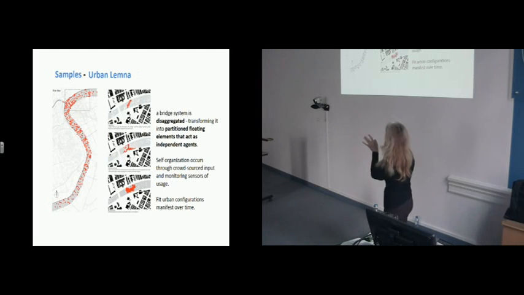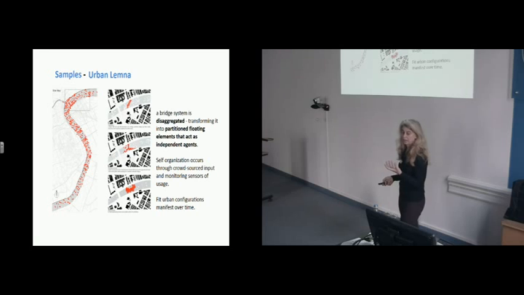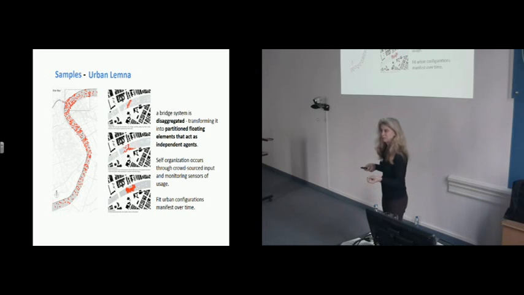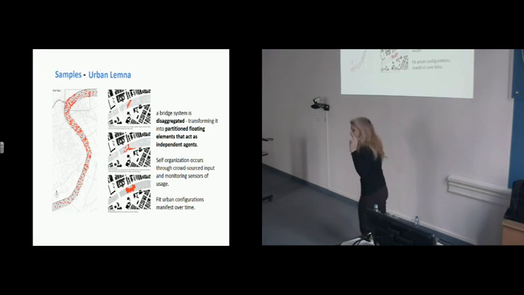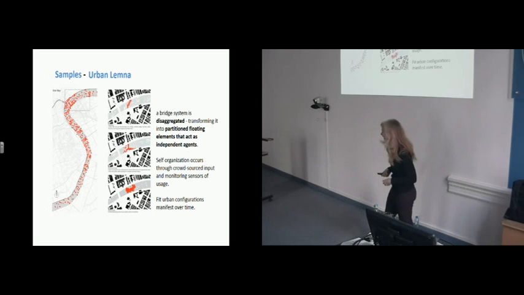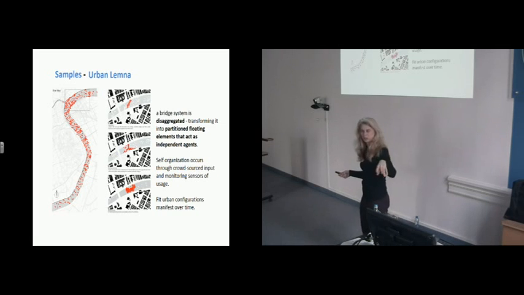This is one of the ones that got the highest grade. To me, it's one of the most interesting, where we have the notion of a bridge and ask, could we disaggregate the bridge and turn it into a series of discrete floating platforms that each act as independent agents, being steered both by users and also by themselves in a way, because they can monitor whether they're being walked on. If they want food for themselves, the food is being walked upon. And if too long a period goes on where they're not walked upon, then they can redeploy and move elsewhere.